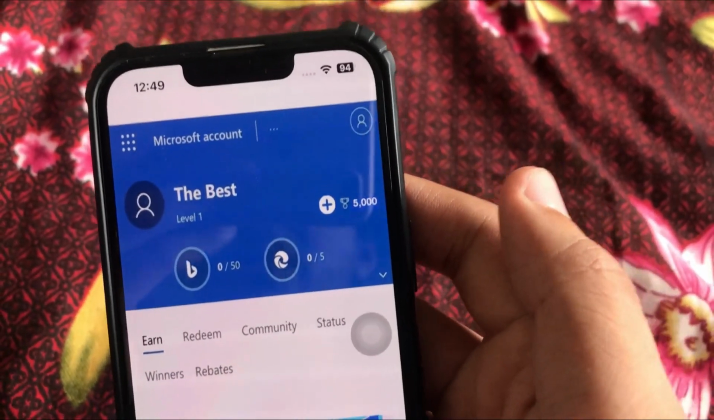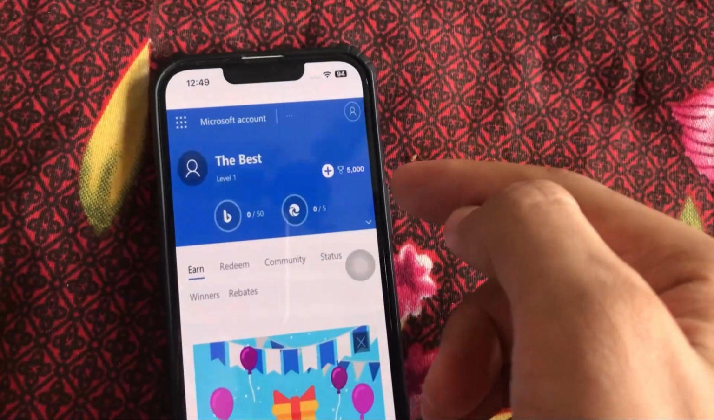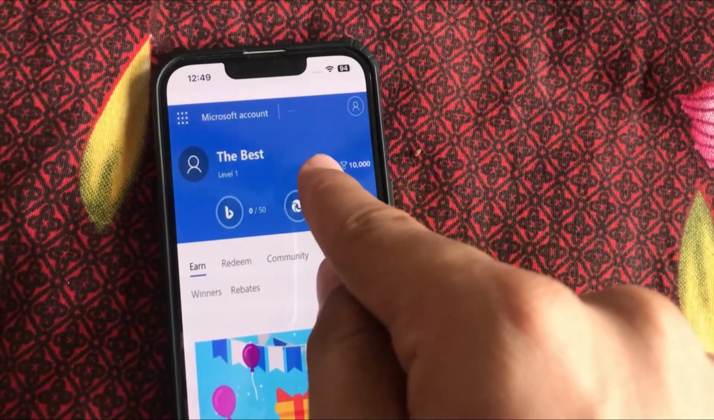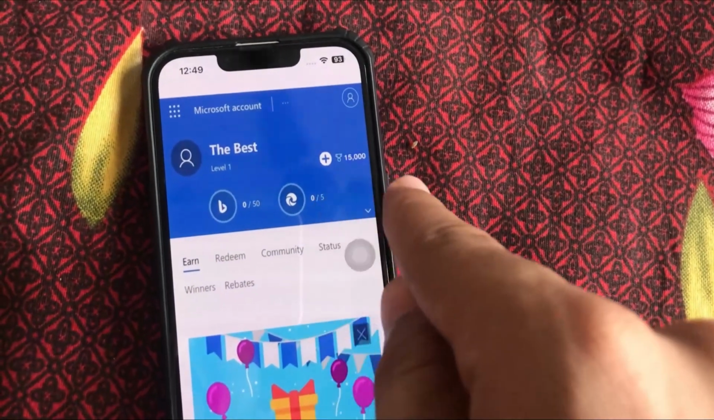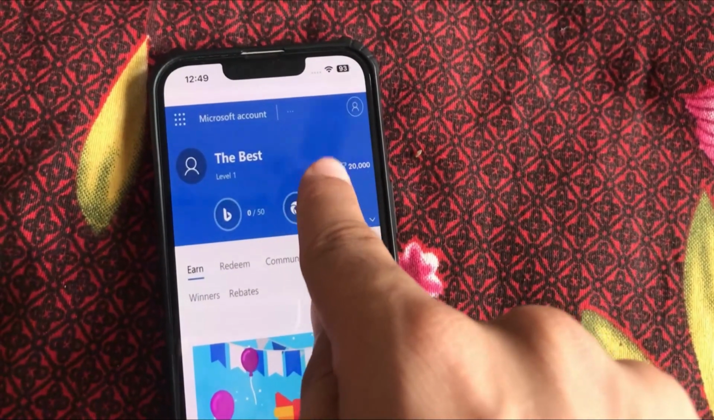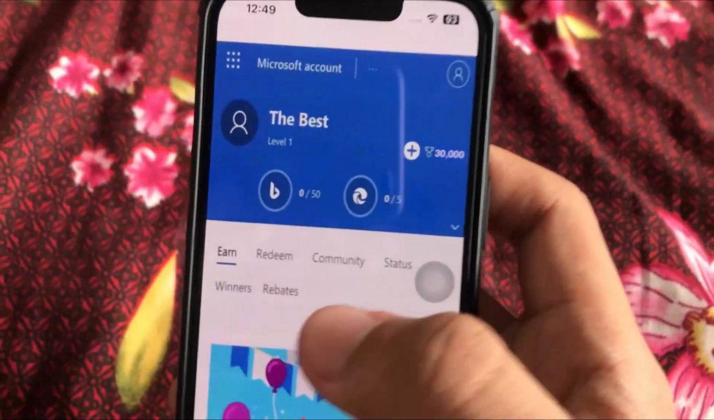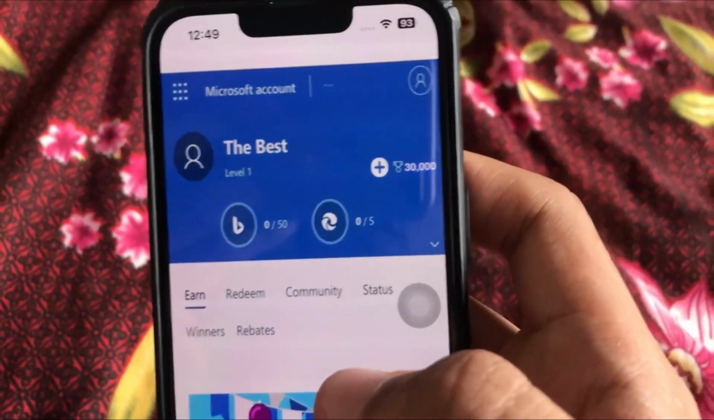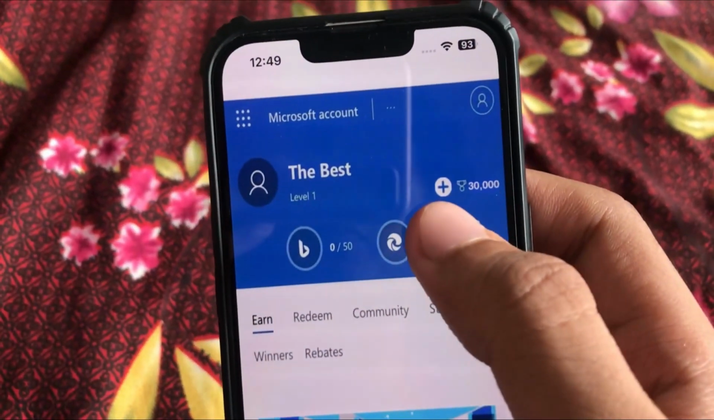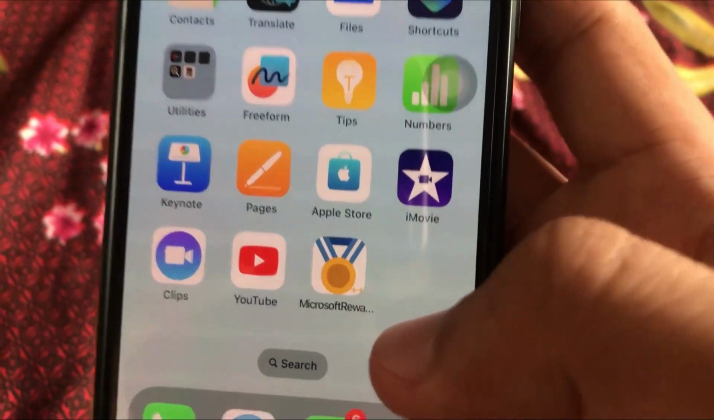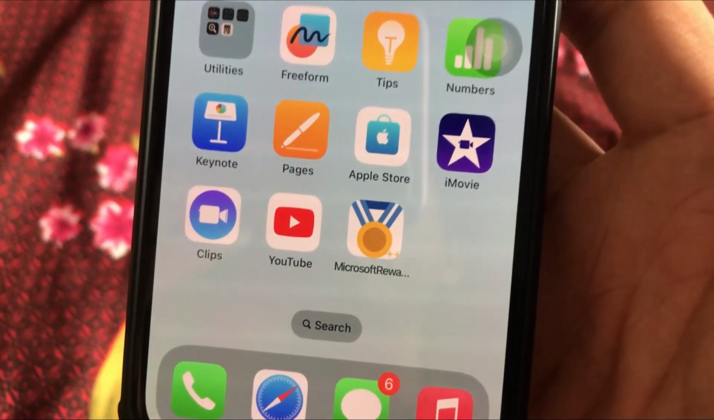So you can see in just one click I got 5000 points instantly. When I click on it again, I'll get 10,000 points. When I click on it again, I'll get 15,000, 20,000 points, 25,000 points, 30,000 points. That means I can get unlimited reward points for absolutely free using this plus button and using this mod version of the application. So let's see how you can install this mod version of Microsoft Rewards and set it up